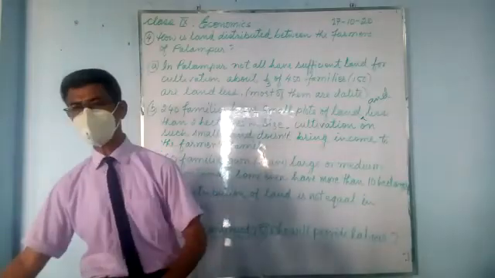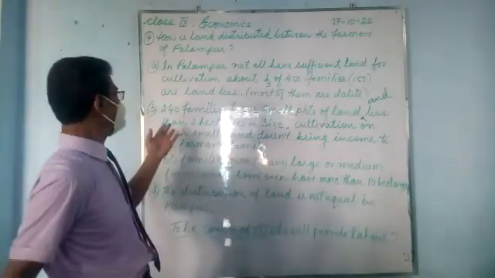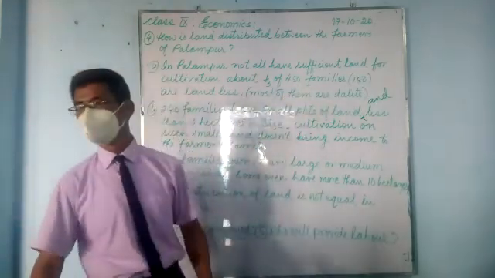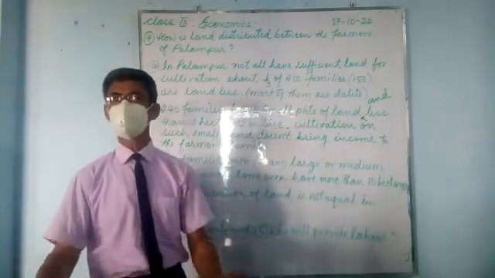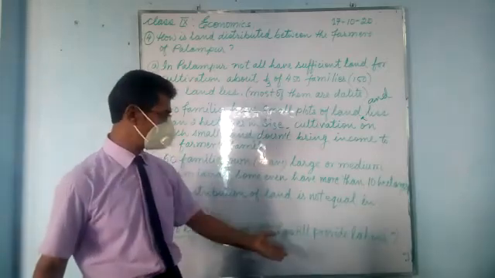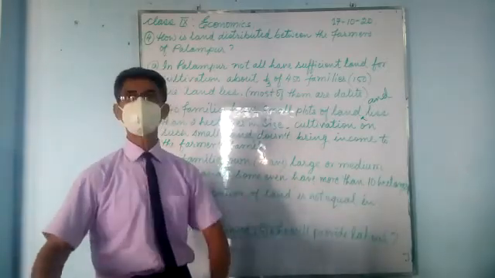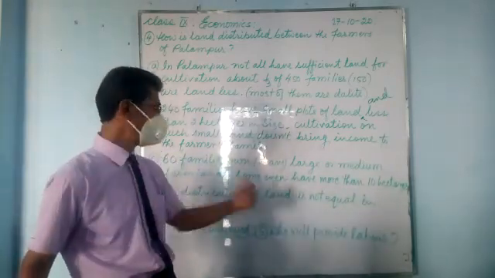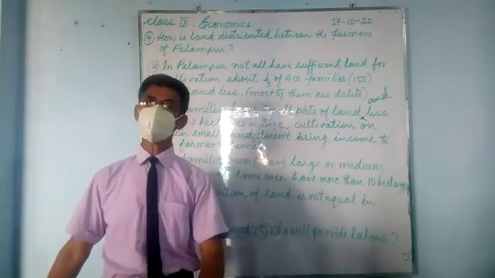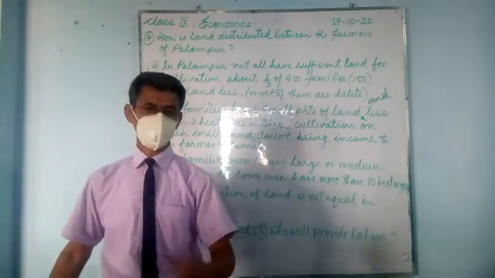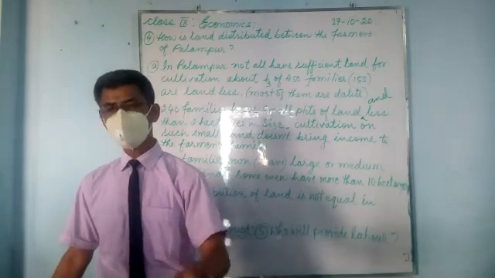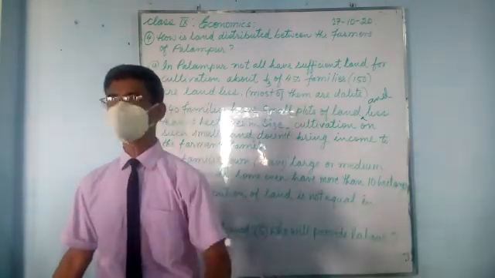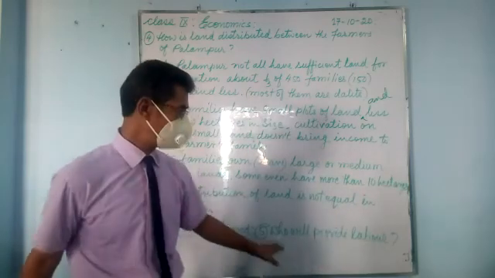So it's very simple. The landless people, who are mostly Dalits, 150 families, those who do not have the land to grow food grains, work on these big plots of land owned by the rich 60 families. So these landless people will provide labor. They have to work on the big landlords' farms. So we'll talk about that in our next class.